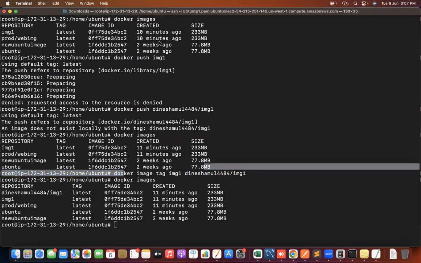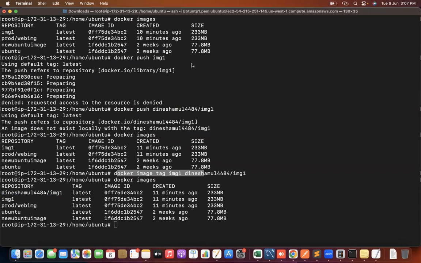Are you clear? What is the use of this particular command? Yes, sir. Guys, at the time of the docker commit command itself, if you give this name, there is no problem. When you use the Dockerfile and docker build command, you can also give this particular name and you will not face any problem. But when you give another name, obviously you have to use docker image tag. So now you can push this image